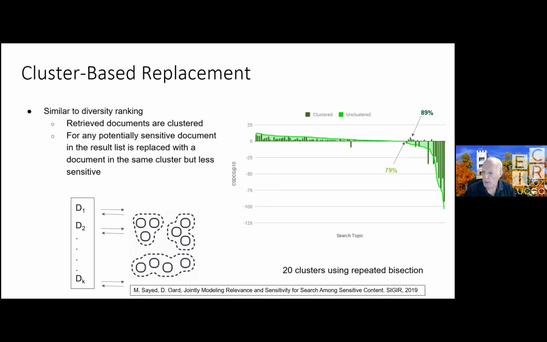And the extra step is to do diversity ranking. So in diversity ranking, what we do is we take the results and we cluster them. And we select the most relevant item from every cluster, and we present that as a cluster exemplar. But here, we're not after relevance, we're actually after creating sensitivity. So if we cluster them, this is clustered by topic, and then we select the least sensitive thing according to